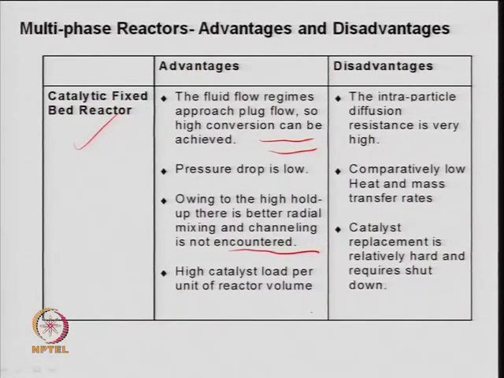That is again important, because when you calculate the overall productivity, that depends on the mass of the catalyst in the reactor, right. So, per unit volume, you can have a high mass of the catalyst in this case compared to a CSTR, as I said that the mass of catalyst requirement will be low for the same conversion. So, this is the advantage of the fixed bed reactor, but disadvantage-wise, I told you intraparticle diffusion resistance is very high, because you have to select a definite particle size, right. You cannot take very fine powder, because pressure drop will be very high, right.